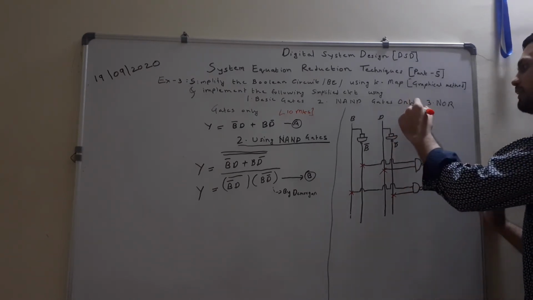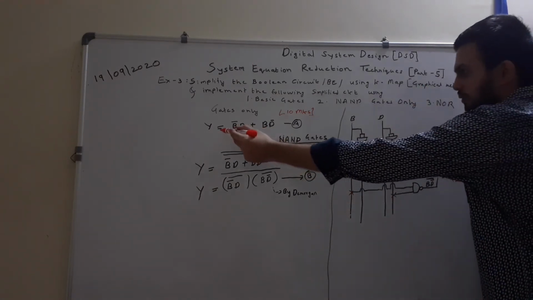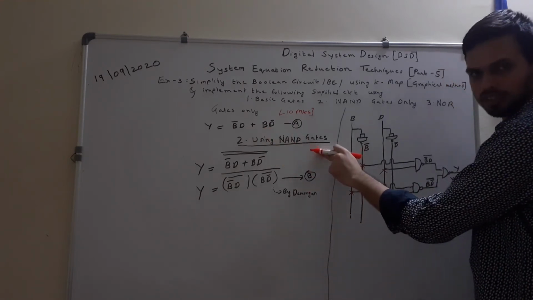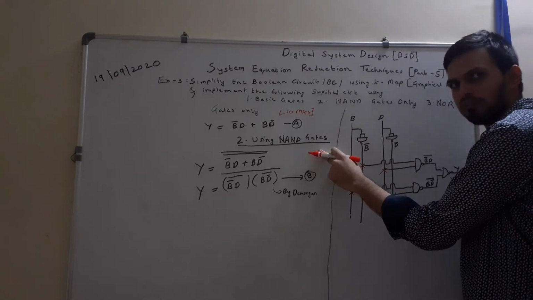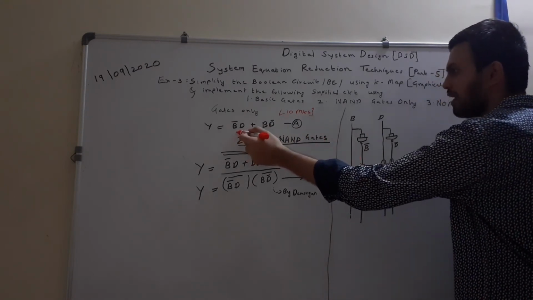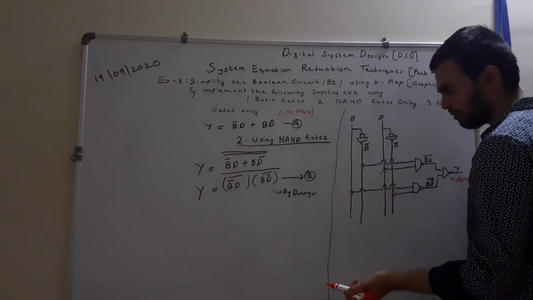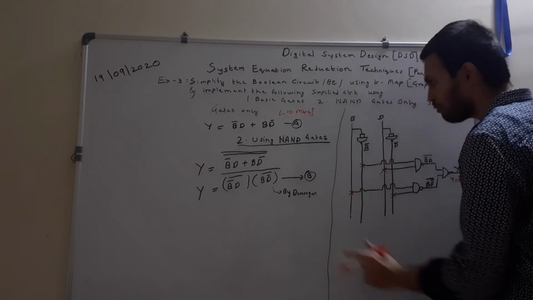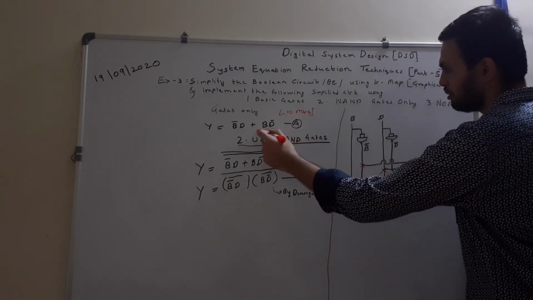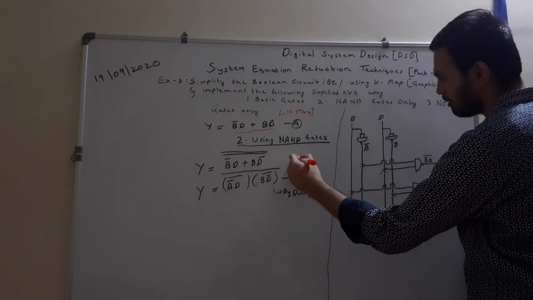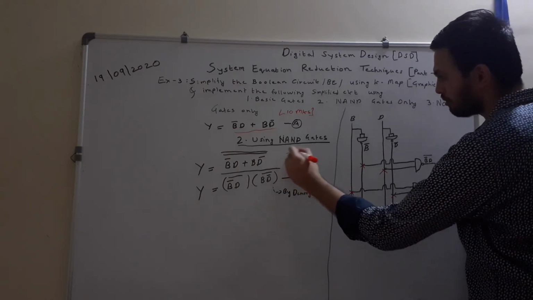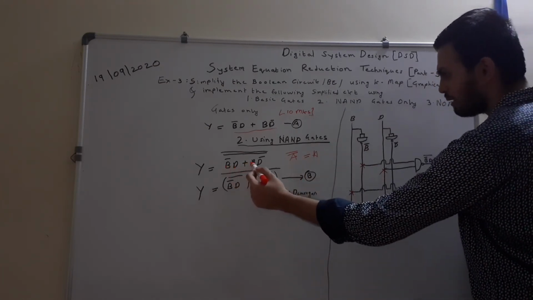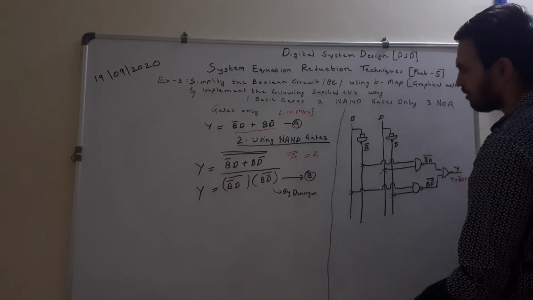Now we are supposed to realize the circuit using NAND gates only. Now this is the expression which we got after K-map simplification, that is b bar d plus bd bar. Now we want to realize the circuit using NAND gates. So for that we will have to take double inversion of this particular expression y is equal to b bar d plus bd bar. Why are we taking double inversion? Because we want to realize it using NAND gates, and we don't want the meaning of the system equation to change. That's the reason we are taking double complement, because any variable raised to double complement is the same variable itself. So here again we have y is equal to b bar d plus bd bar, and we have taken its double complement for NAND gate realization.